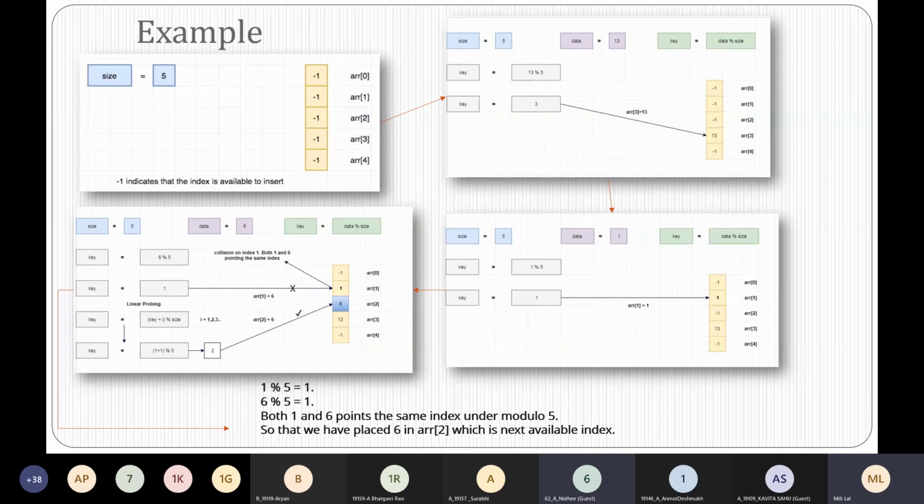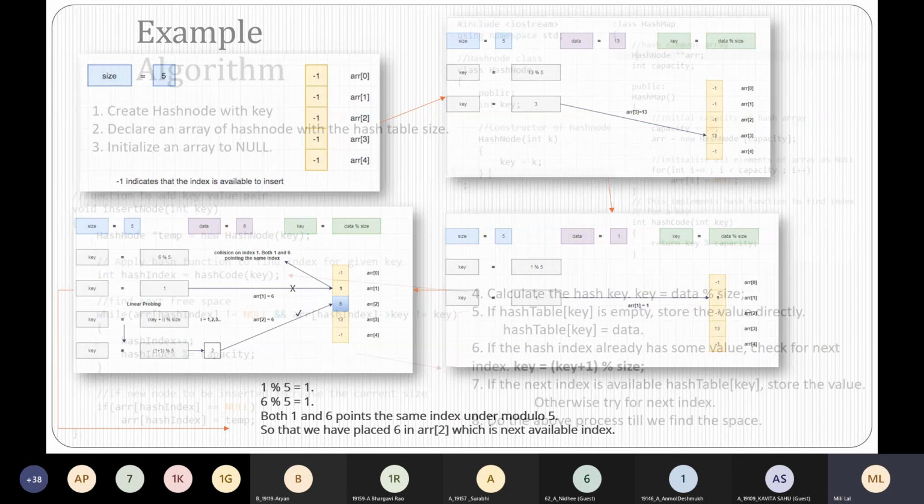You will check if the location 3 is available and you will place the data 6 in location 3. Is it clear? Yes, ma'am. Any doubt? Clear? Yes, ma'am. Okay.